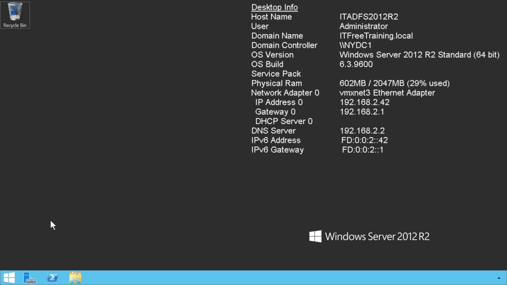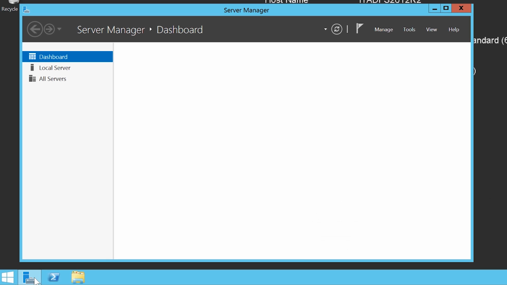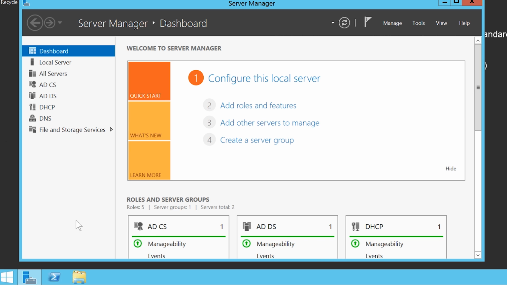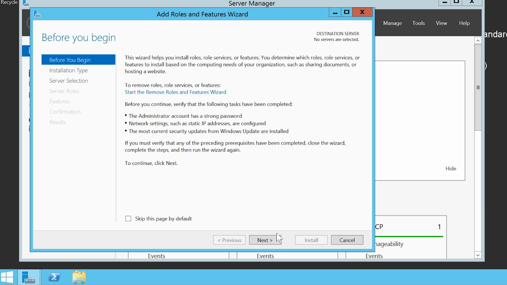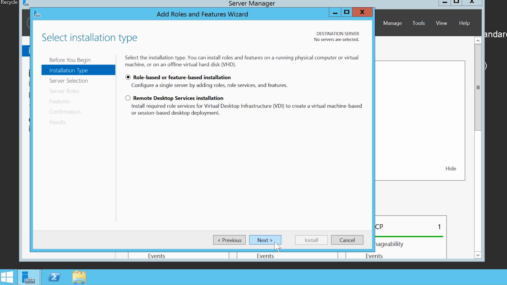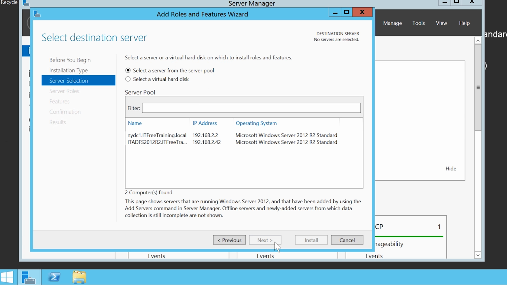To start the install, first of all, I will open Server Manager. Once Server Manager is open, I will select the option Add Roles and Features. This will start the Add Roles and Features wizard. Once past the welcome screen, I will select the default option, Role-Based or Feature-Based Installation. On the next screen, I need to select the server that I want to install the Active Directory Federation Services